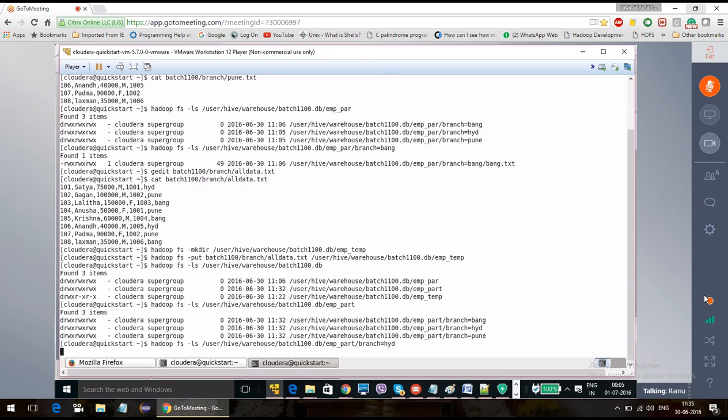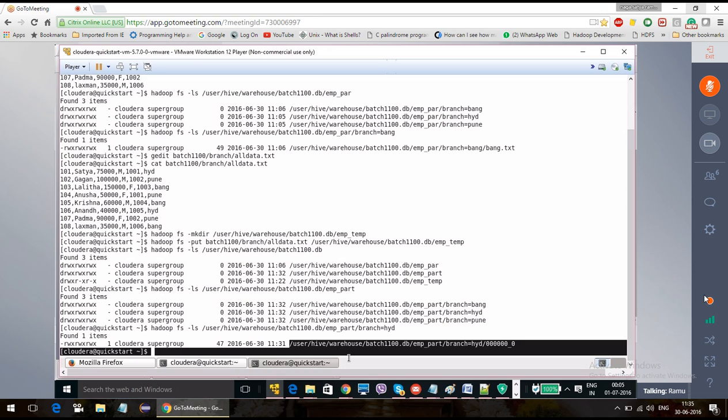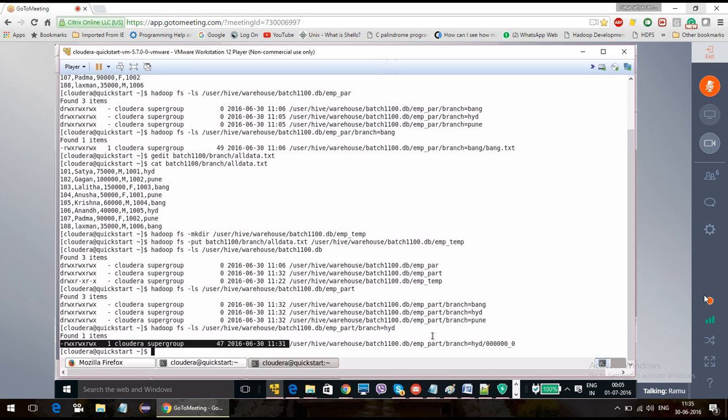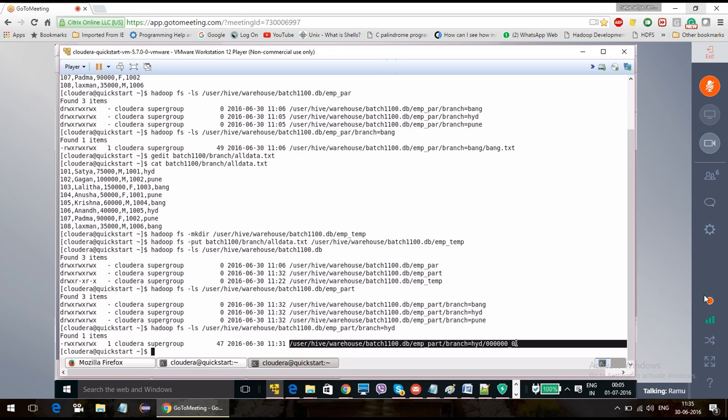So if you are loading from table to table, you will get files like this. That means if any MapReduce job is running, some part files are going to be created. This is also one part file, 00000 is one part file.